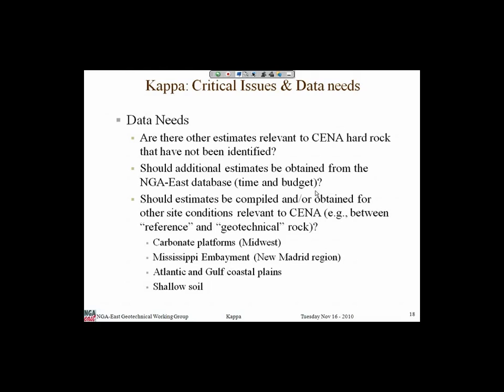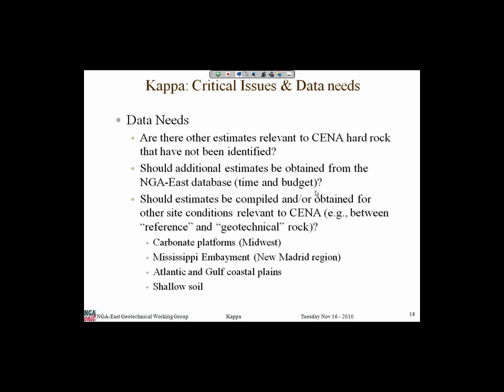But there's this issue of just using a site amplification model. They have a different way of treating damping. Is that consistent with what we know about Kappa? I think we really need to look at Kappa. We need to compare it against the damping that the pure geotechnical models get in their site response analysis, and kind of use that to make sure that we're on the right track.